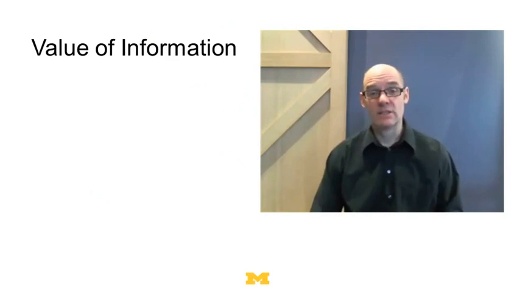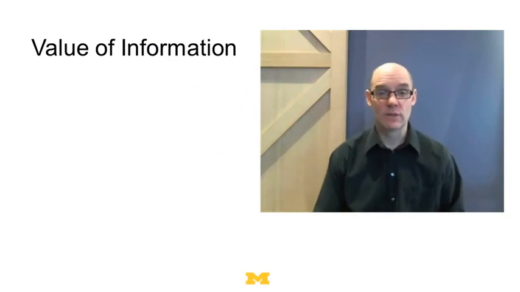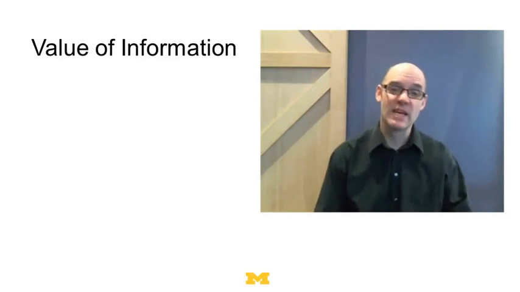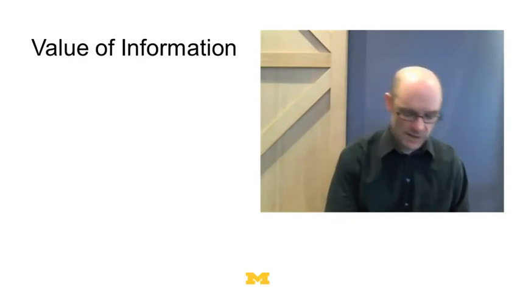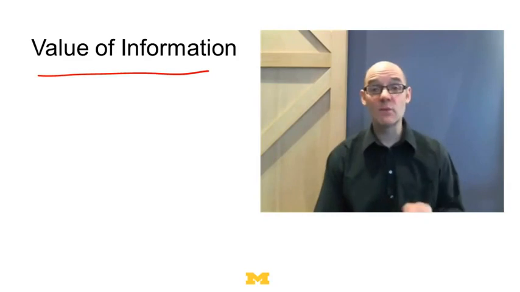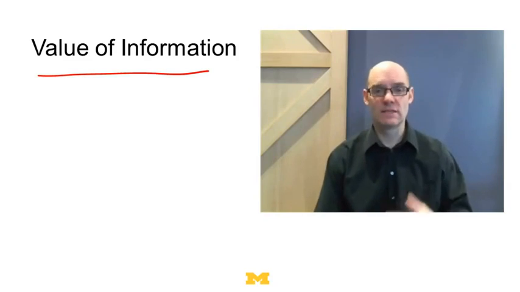In addition to doing that, once we've got these decision trees, we're going to show how we can use them. Remember, one reason we write models is they let us do other stuff. Once we've written down those decision trees, we can actually compute something called the value of information. What the value of information tells us is if the uncertainty went away, so someone could tell us